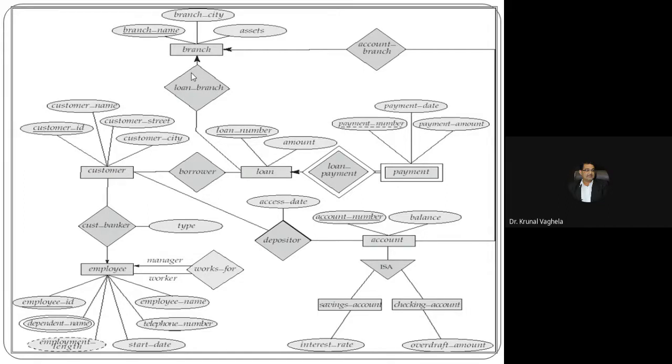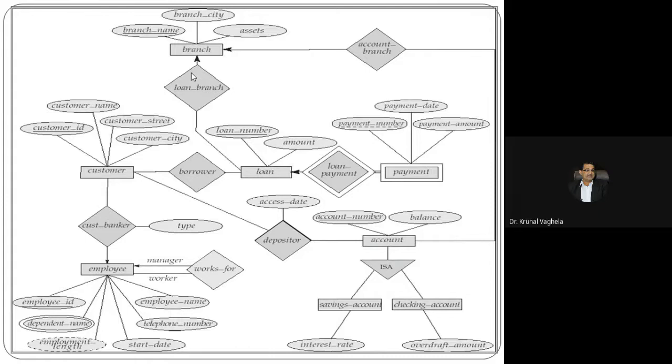So let me tell you how to draw the ER diagram. This is ready-made, you can understand. When you are asked, for example, library management system, you need to think what type of databases I should have. First, books database. Then employee database. Then issue or return, meaning user database. Then the fourth one is stock. Fifth one is payment.